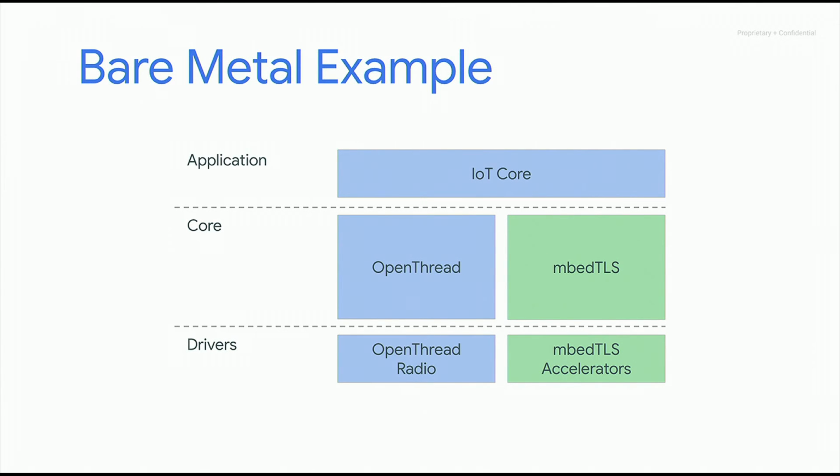Now, here's the software architecture. You may note that this appears much simpler than our MQTT example. This example runs in a bare metal environment and does not include an RTOS. This example also does not include a third-party IP stack and other application frameworks. The CoAP protocol is actually used within Thread itself, so this example can leverage the same CoAP implementation that's within OpenThread. So in short, what makes this example really attractive is the ability to operate in very constrained devices that have limited memory and code space.